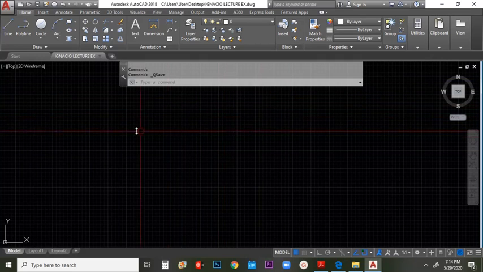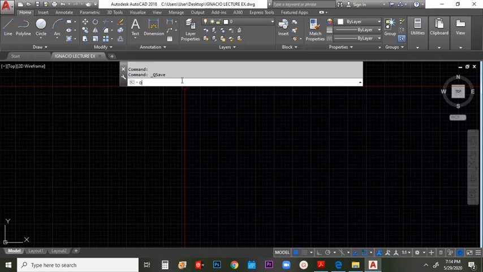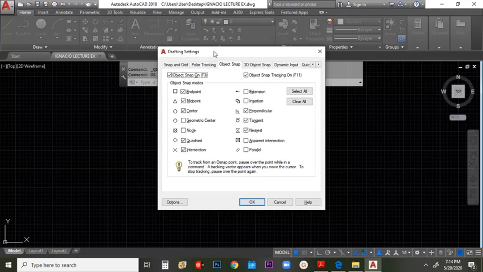Now OSNAP is used to identify snap points of your drawings or illustrations. To set OSNAP, type in the command window OS, then enter. You will be prompted to the drafting settings wherein you can check the following snap modes: endpoint, midpoint, center, quadrant, intersection, perpendicular, tangent, and nearest.